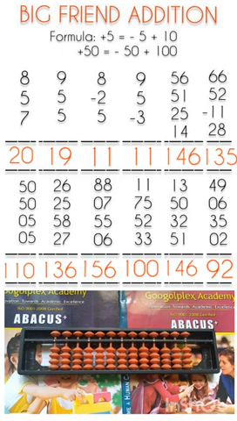And again in question number 9 also we have used 4 formulas. First one is plus 7 big friend formula. Second is plus 50 big friend formula. Third is plus 5 big friend formula. And fourth is plus 10 small friend formula. In question number 10 we have used 1 formula, and that is plus 50 big friend formula. Now question number 11 we have used 2 formulas. First one is plus 2 small friend formula and second is plus 50 big friend formula. Question number 12 we have used 3 formulas. First one is plus 60 big friend formula, second is plus 10 small friend formula, and third is plus 5 big friend formula.